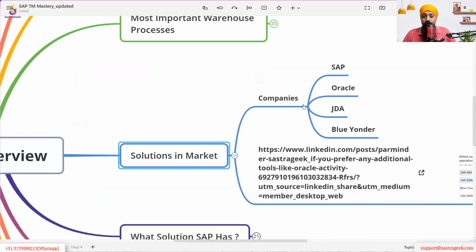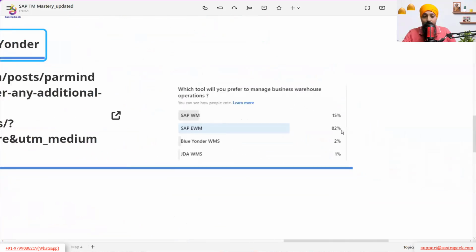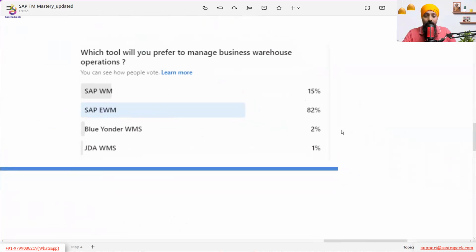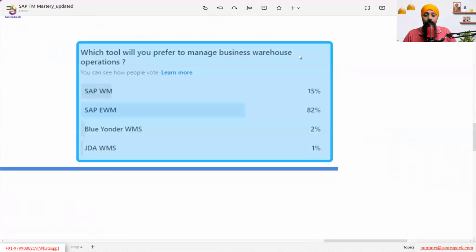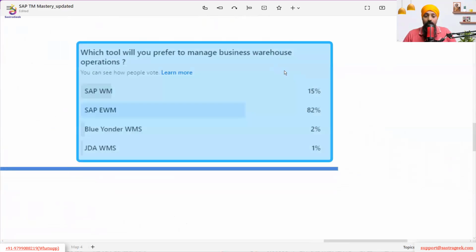So what we have mentioned, we have SAP. You can implement SAP. Within SAP also multiple solutions are there. I will come to that. You can have Oracle. You can have a JDA system. You can have Blue Yonder. We did one survey, and more than 1,000 people, I think, responded. We asked which tool they would prefer to manage business warehouse operations. And the result of this survey is